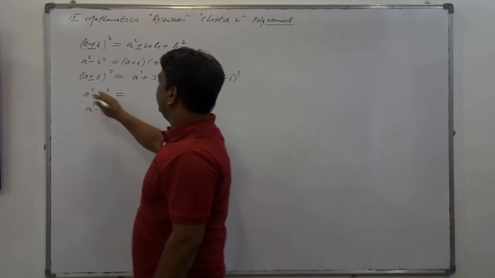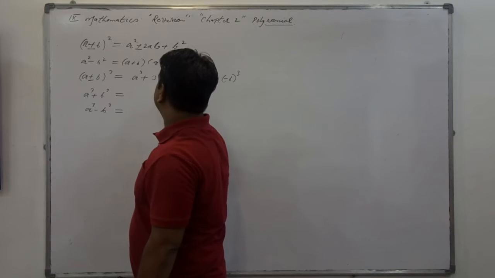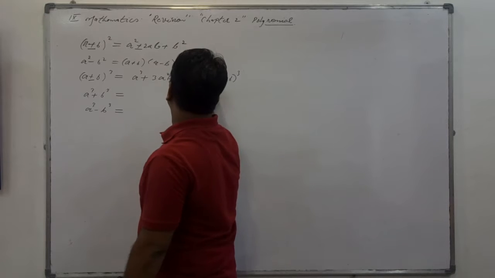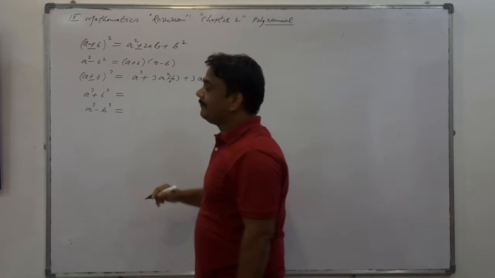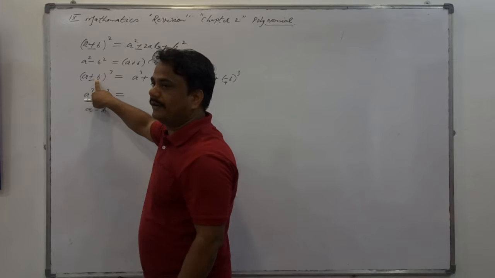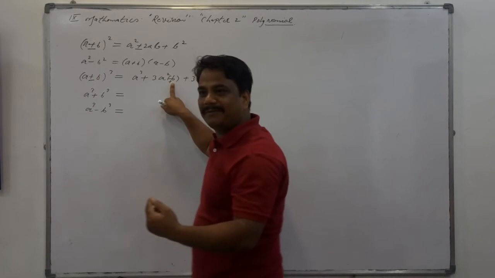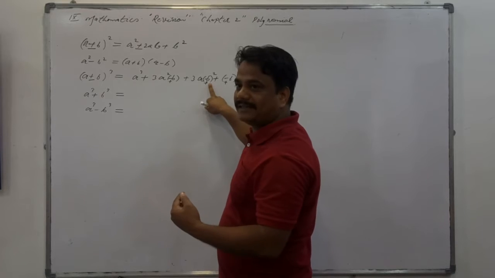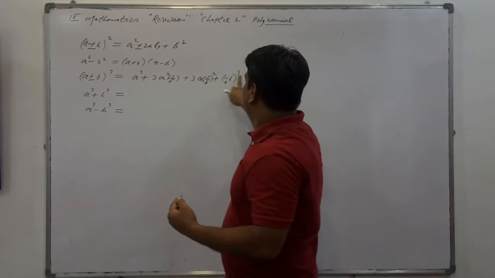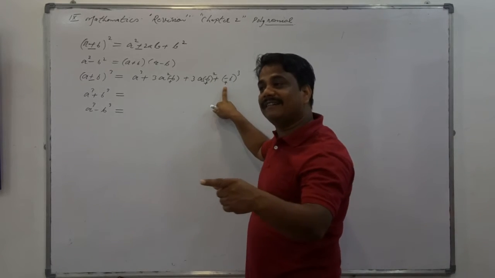Clear? If it is positive, it shall come positive. Is that clear? Plus or minus here will be. Is that clear? If this is plus b, oh sorry, minus, then where b is occurring once, and 2 times b is coming here, this term will be positive, and where 3 times b is occurring, this term will be negative.